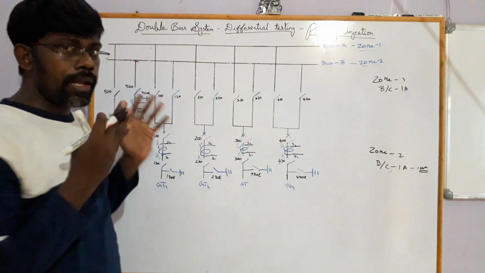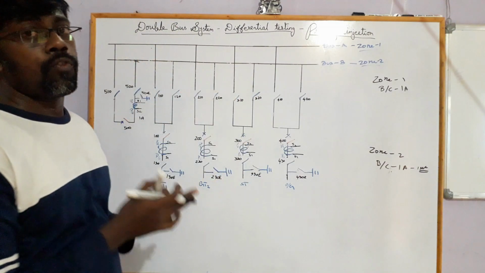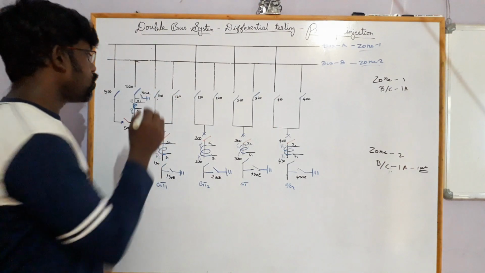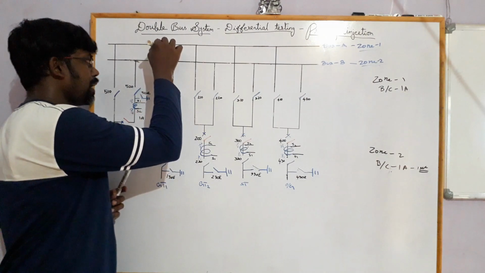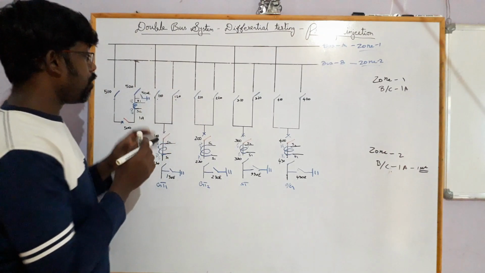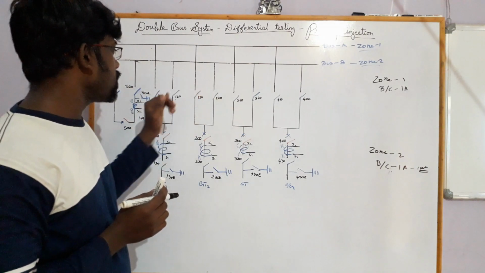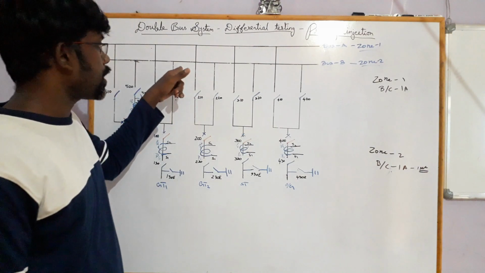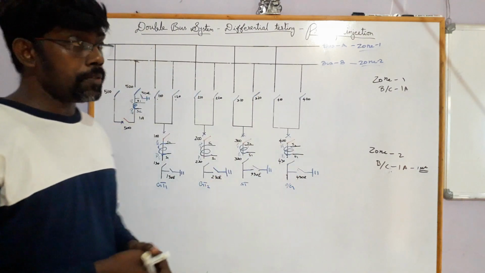So how will the relay understand whether the feeder is in bus A or bus B? For the relay, they have given the auxiliary contact of these two isolators, because these two isolators are a bus selector switch. If you want to select bus A, then our 110 isolator has to be closed. Here I have given the naming 110, 120, 210, 220. That means 10 means connecting to bus A, 20 is for connecting to bus B. For unique names I have given like this for easy understanding.